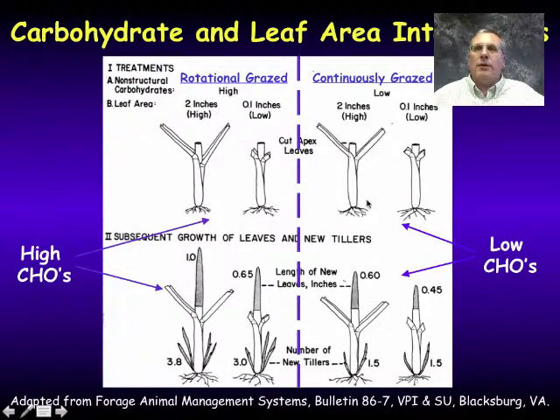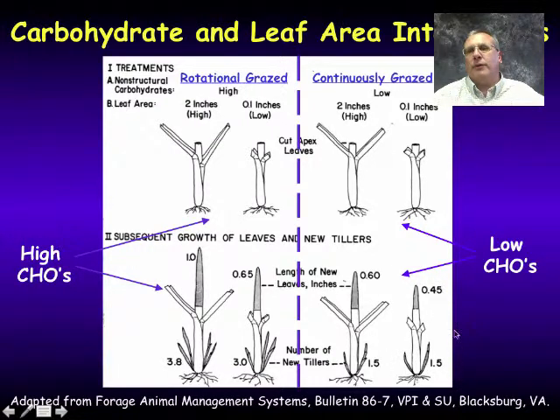Every time they grow a little bit, we're nipping those leaves off, and that leads to a low carbohydrate status. And then we do two other things. We either leave 2 inches of leaf area, or we take all the leaf area away. And then we look at the regrowth that comes in each pasture. And what we see is in our rotationally grazed pastures, we have 1 inch of regrowth and 4 new tillers formed. If we go to the other extreme, no leaf area left in low carbohydrate status, we have less than